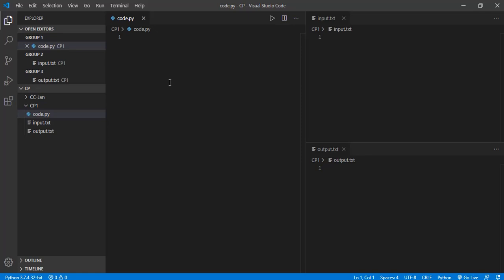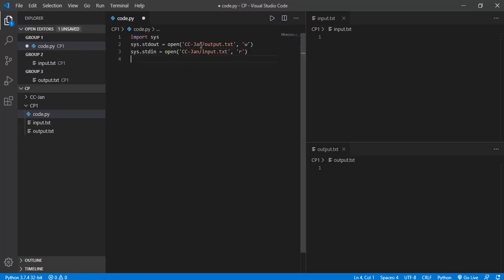There is one more small step that you have to do. I'll paste this from there. This is what I was trying. This is the name of the folder, so it'll be cp1 because this is my current folder.